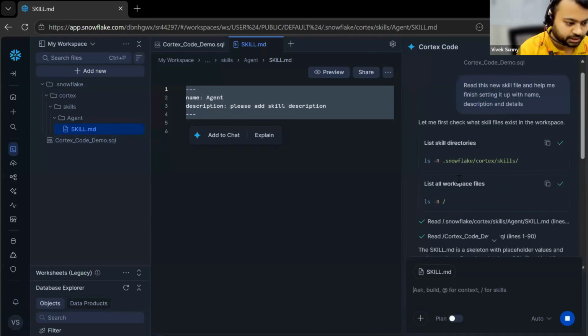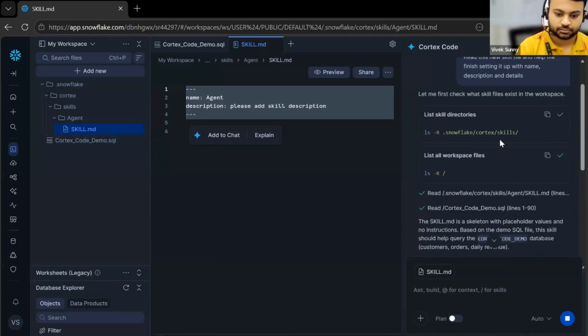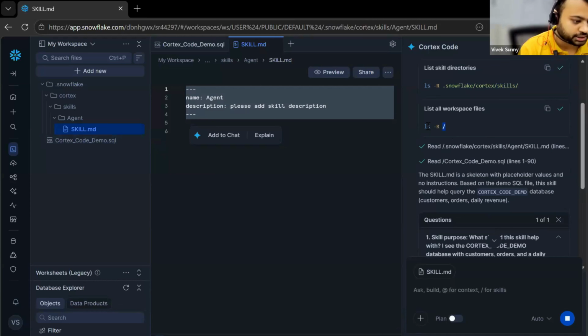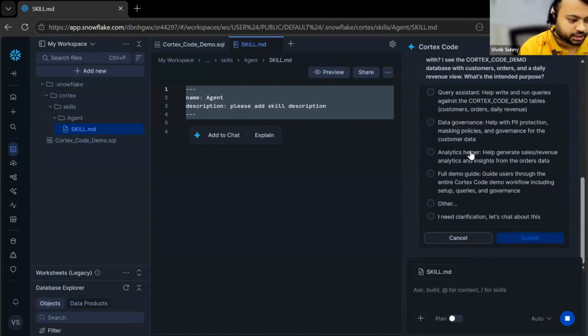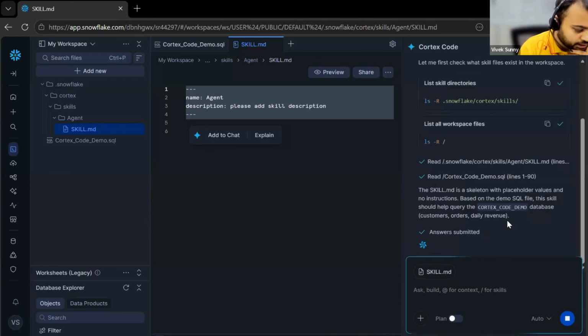For now, if you see on my screen, it has done all the multi-step tasks, listing directories, recursively listing directories, and then it is proactively asking you, hey, what do you want to do with this skill file? There can be different scenarios like data governance, full demo guide, or do you want to customize it based on your preference? So for now, let's go with this data governance. Let's see what it does. So once you've clicked on it,